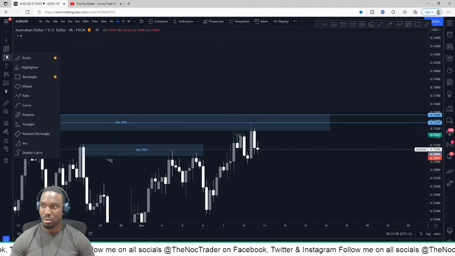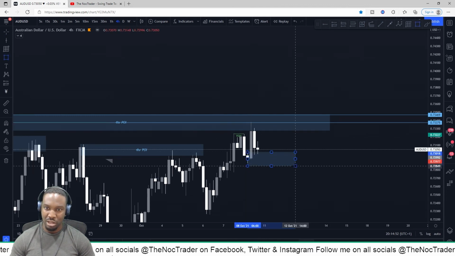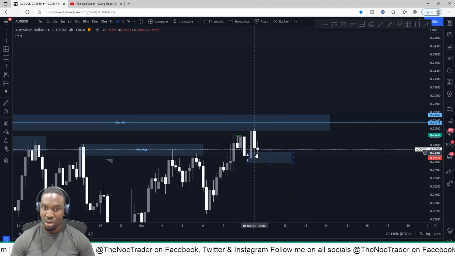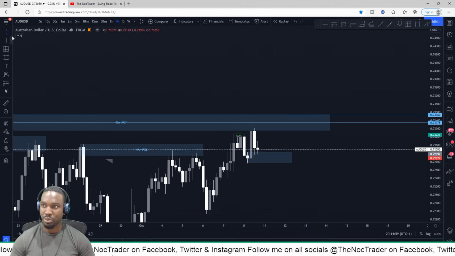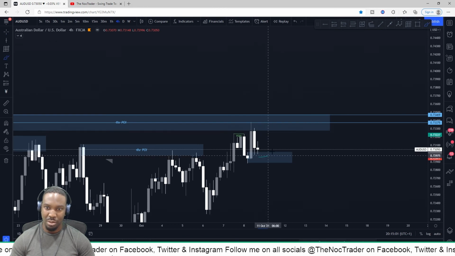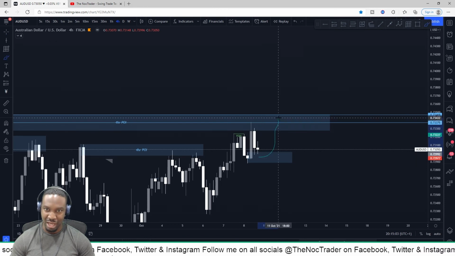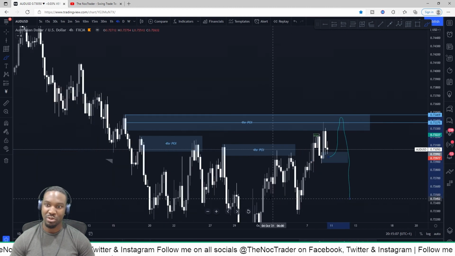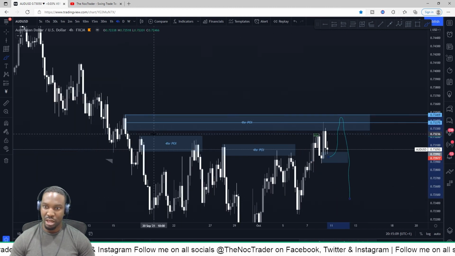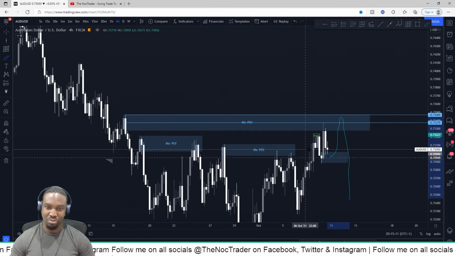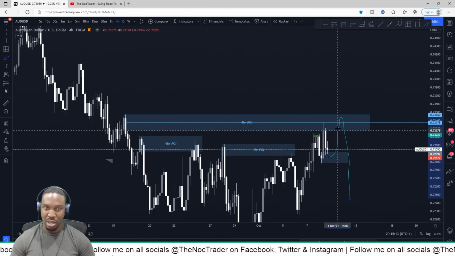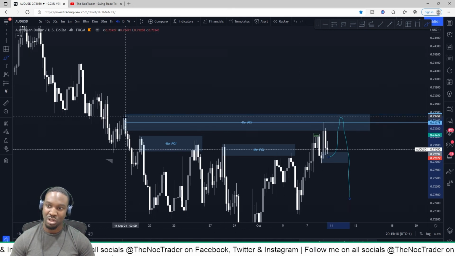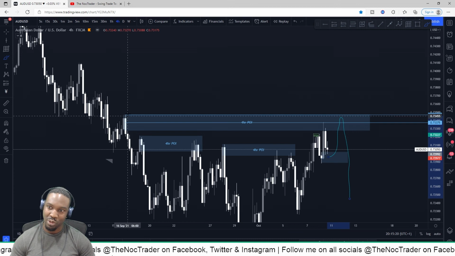It'll mitigate this 4-hour order block, which is just created, which it kind of already has done. And then it could potentially climb up here to retest that at a deeper retracement in the 4-hour order block before selling off. The reason why I believe that is because it's been making bullish order flow for some time. It's come up to this order block, but it's just tapped it. I believe there's still some orders to mitigate here, because there's kind of like a wick trick at this top